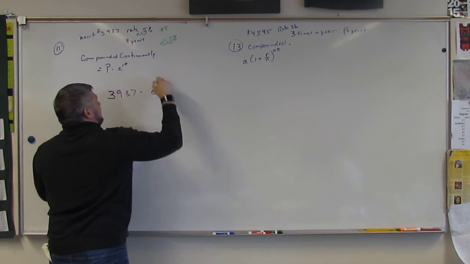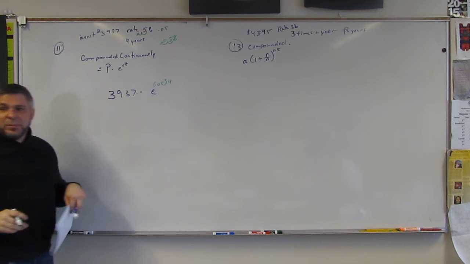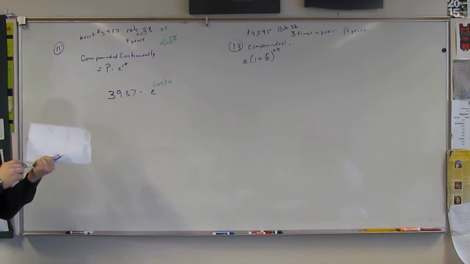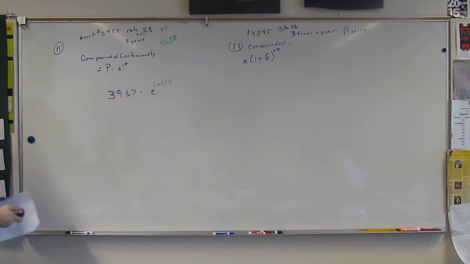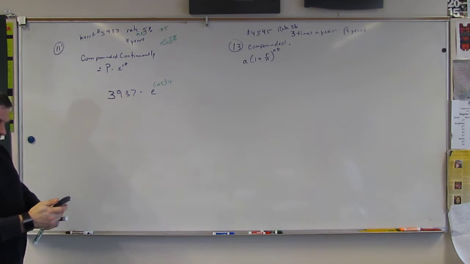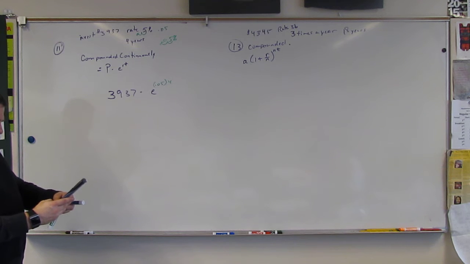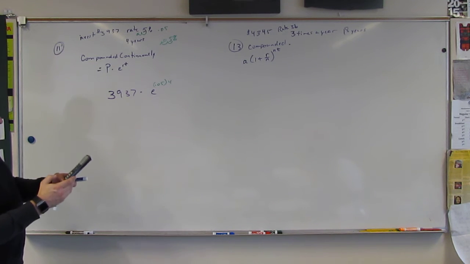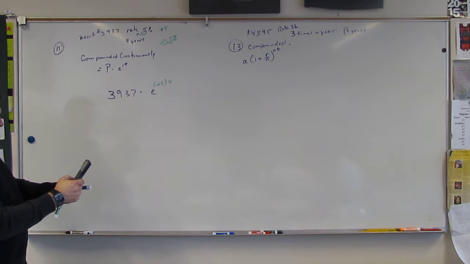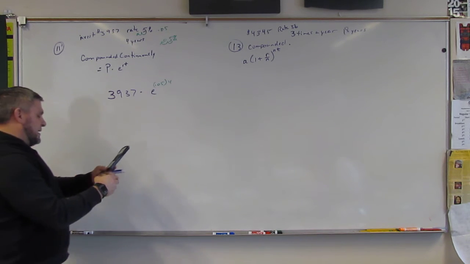times however many years, times 4. Okay? And then we just plug that into our calculator. So you go, what is it? 3,937 times E. So I got to find E here. Come on, where are you? There you are. Second ln means E to the, and then I say 0.05 times 4. And hit equals, and I get